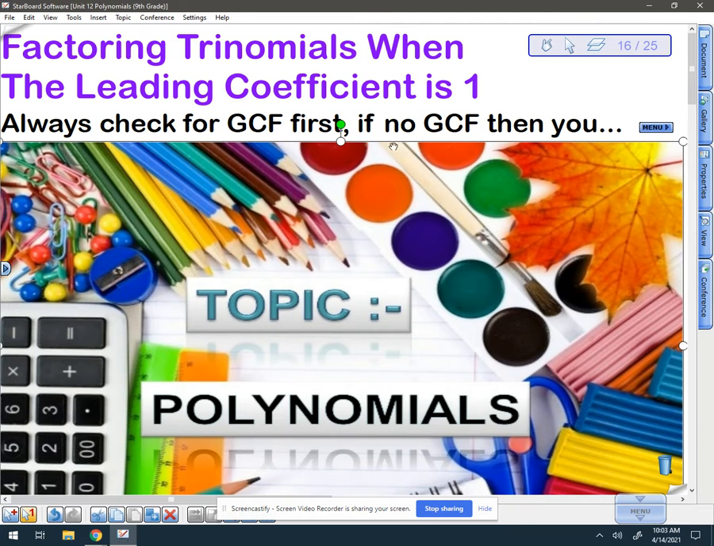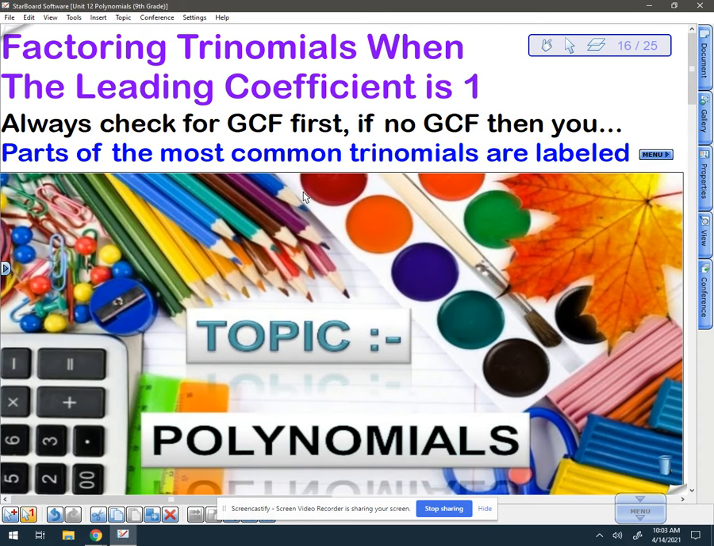So first thing you're always going to do when you get a trinomial is check and see if you have a greatest common factor. If you do, factor that out. That will make everything easier. And then if you don't, or after you factor that out, the next thing you can do is